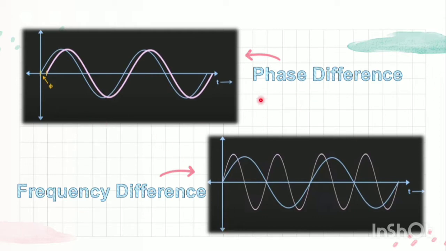As you can see in the first diagram, the two signals have a phase difference of 5. As you can clearly see, though they have the same frequency, they have a phase difference. Now coming to the second diagram, you can see that there is a frequency difference. When you compare, consider this is the time period T of our first signal. When comparing it with the second one, it is half of our first signal. Okay, this is the frequency difference.